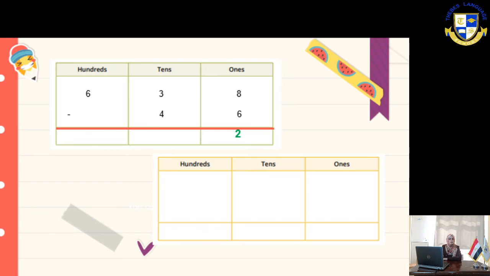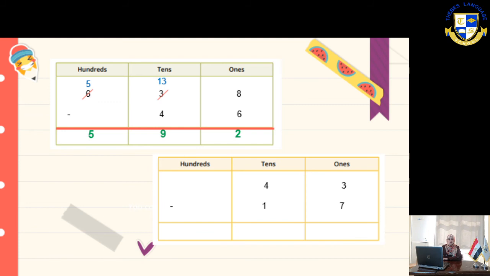Go for the hundreds. The 6 will be 5. And the tens will be 13. Now I can do minus. 13 minus 4 equals 9. This is for the tens. Go for the hundreds. 5. And under the 5 there is no number, or 0. So 5 minus 0 equals 5. Your answer is 592. For the last example,